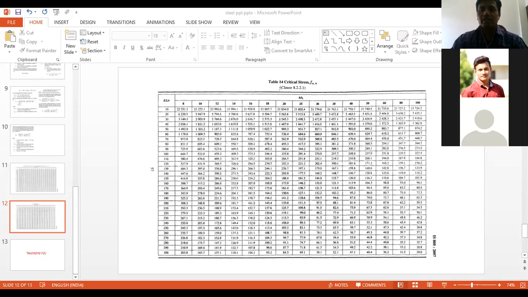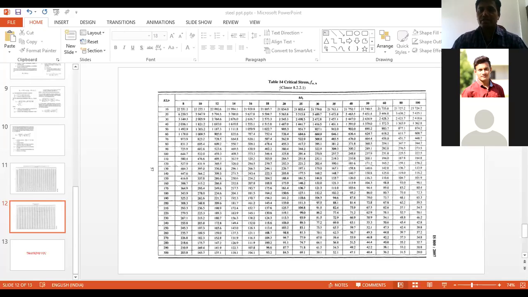Now in the design of a laterally supported beam, I already explained you have to calculate ZP. Here I can calculate the value of ZP also by using the same formula, but as it is laterally unsupported, ZP you have to increase by 1.3 times. This is the formula you can normally find in the books also. If you don't want that, you can assume the trial section. The trial section should be sufficient. Next is check for shear and check for the design strength.